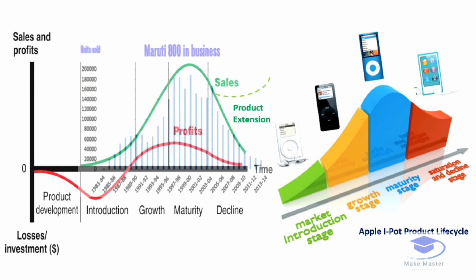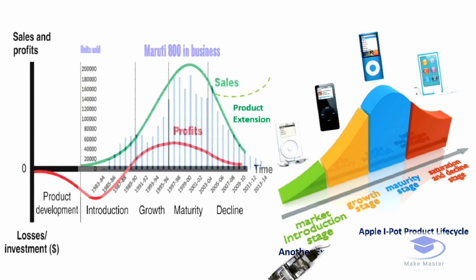In this curve, years are on the x-axis, sales and profits on the y-axis, sales shown in green color, profit shown in red color. If you observe the sales, it is zero in the introduction phase from 1983 to 1990 and it grows from 1990 to 1996, and it is at peak sales, with more cars sold, in the maturity phase, that is from 1996 to 2004. After 2004, you can see in the graph that the sales gradually decline up to 2010.